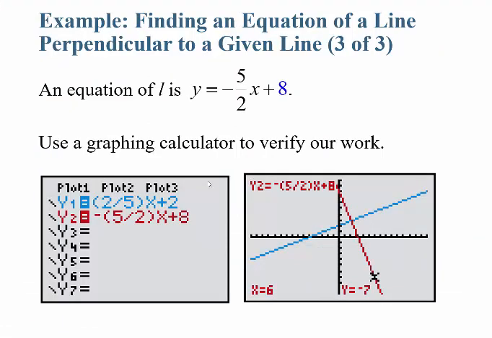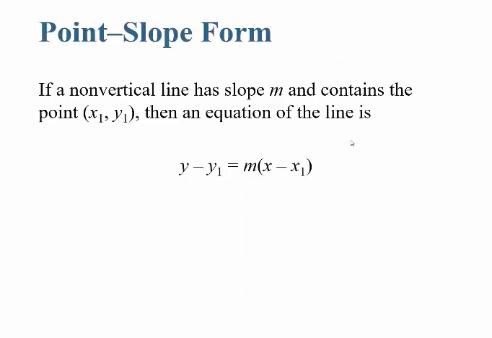All right, I like this method for finding the equation of a line. What I want to do is just show you another method that you can use. And this is what's called the point-slope form of a line. So if a non-vertical line has slope m and contains some point, we'll just call that point (x1, y1),